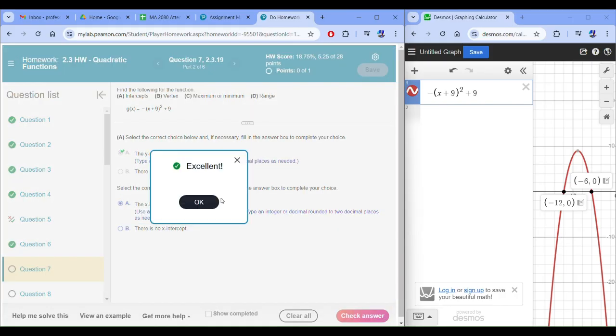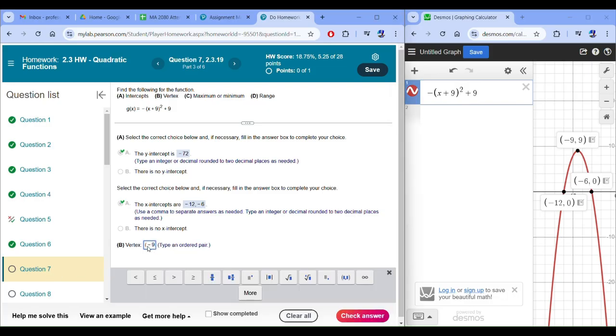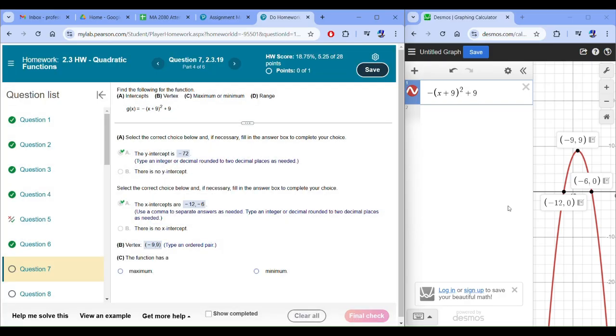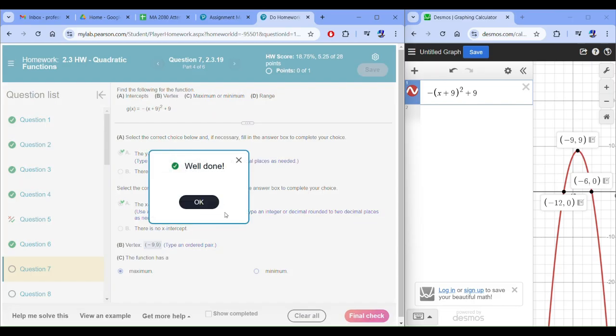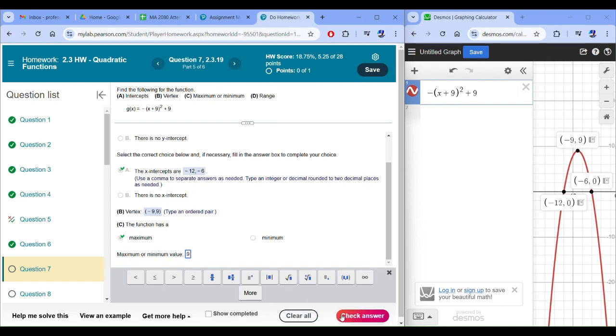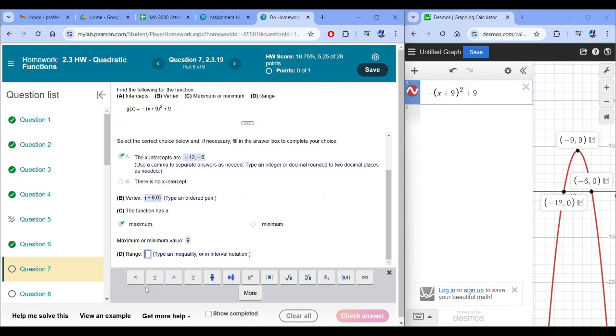Check answer. Awesome. What's my vertex? That point right there, negative 9, 9. Comma 9, 9, parentheses, close, enter. This function, because this is a peak, has a maximum value. Awesome. The maximum value should be the y-coordinate of your vertex, which is 9, and your range, because this graph